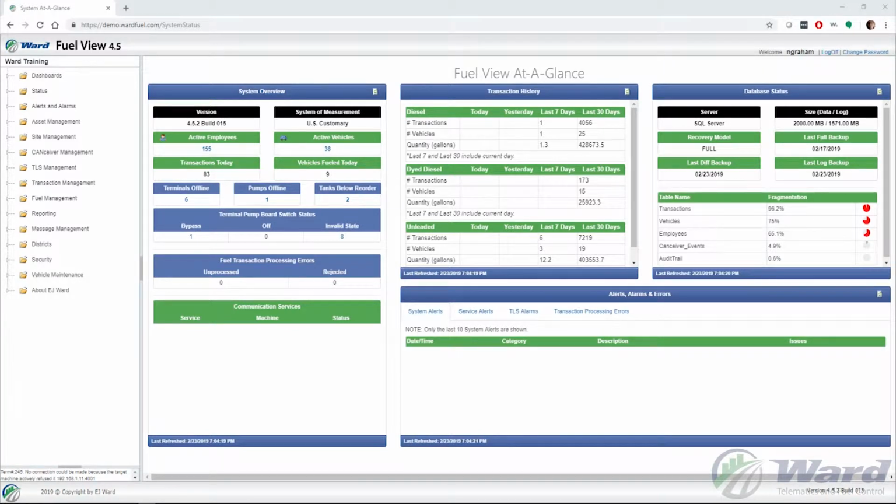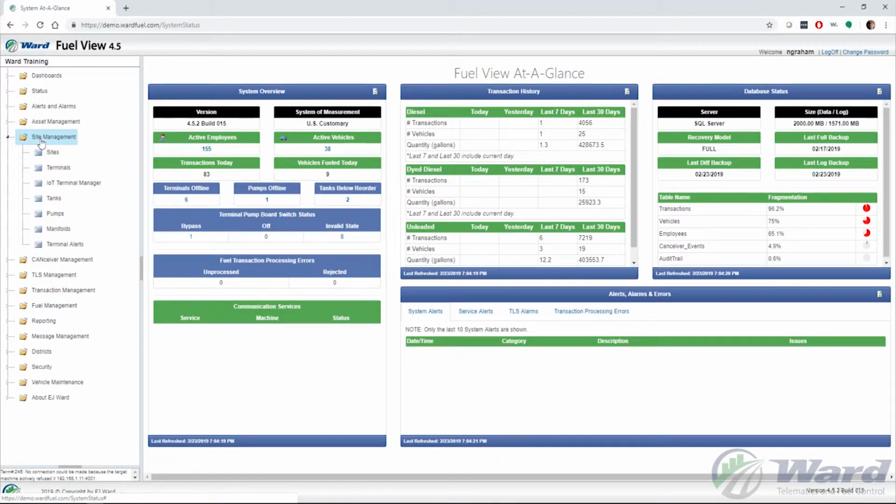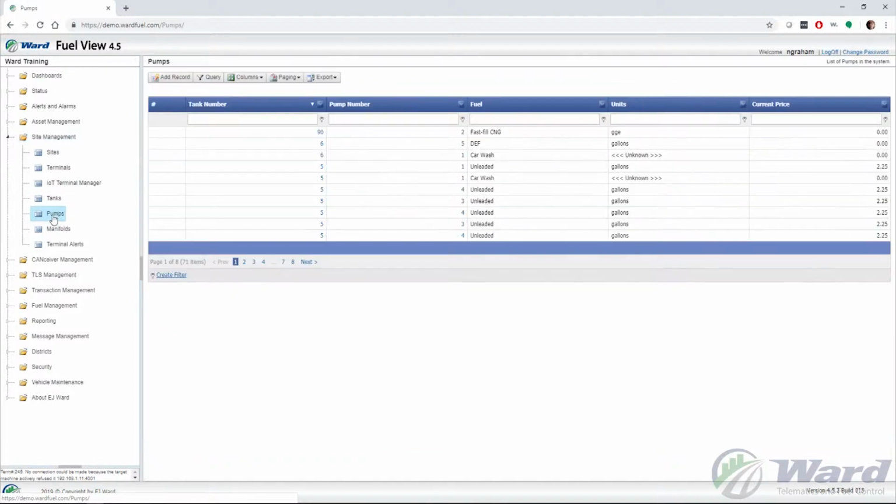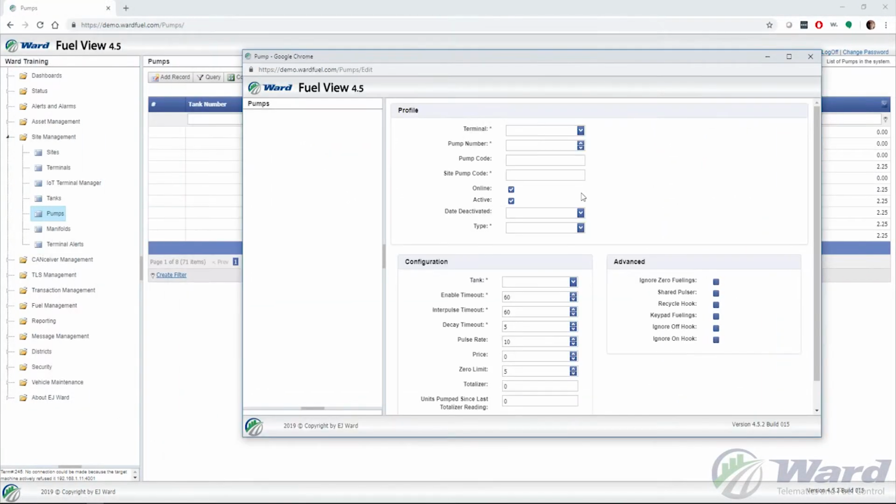In this video, we're going to go over how to add and change pump records. To start out, we need to go to the Site Management folder on the left-hand side. So we need to click on the Site Management folder, and then we need to click on the Pumps page. From here, all we need to do is click on the Add Record button if we're adding a brand new